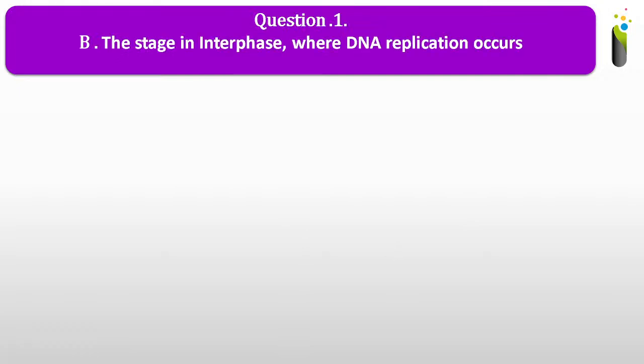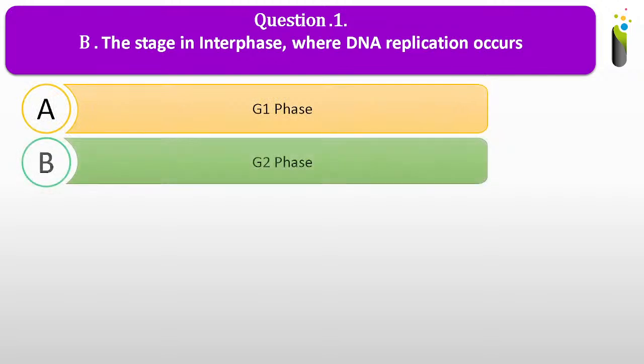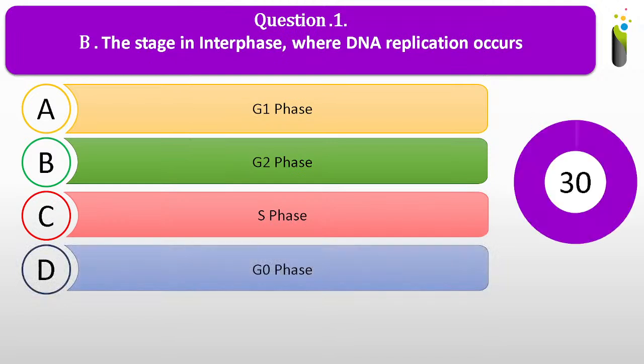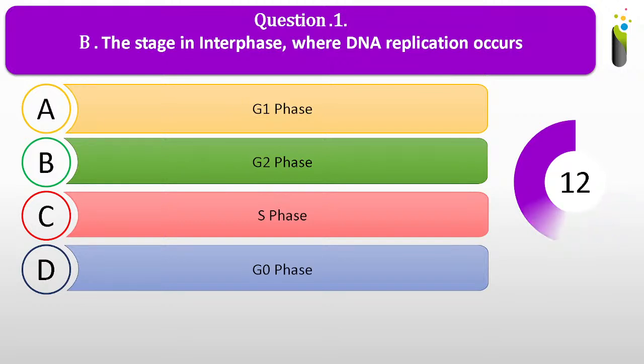Going ahead with question number one, sub-question B. The stage in interphase where DNA replication occurs is dash. A. G1 phase. B. G2 phase. C. S phase. D. G0 phase. And the correct answer for this question is